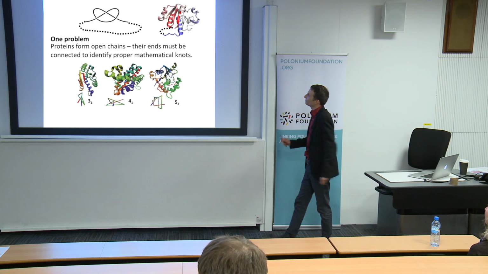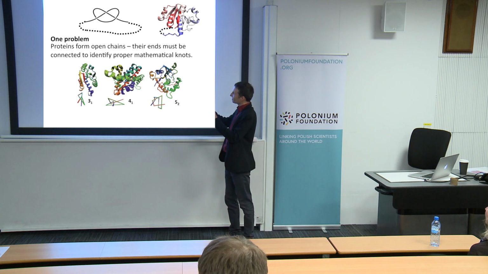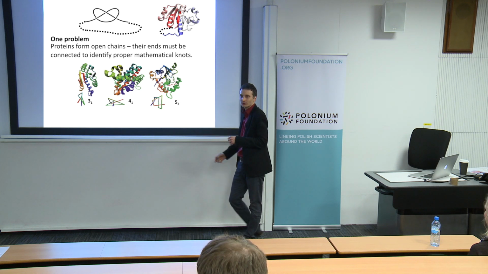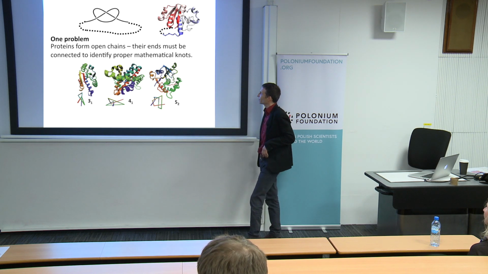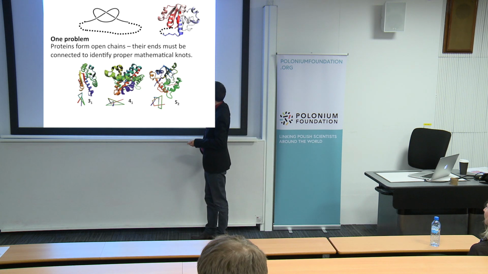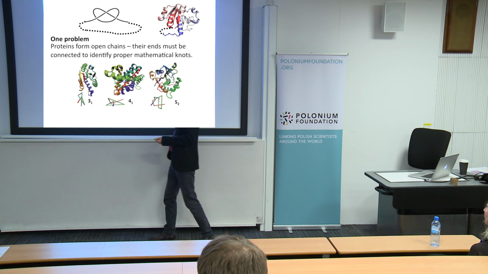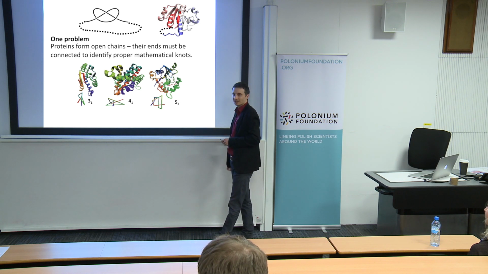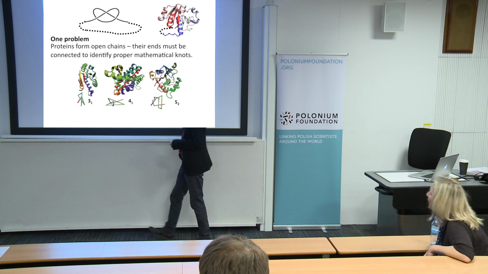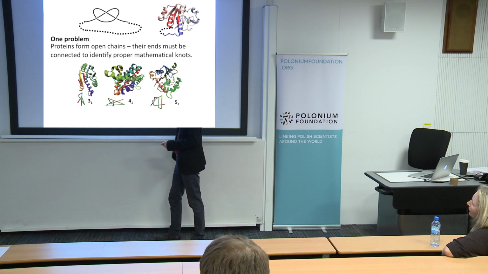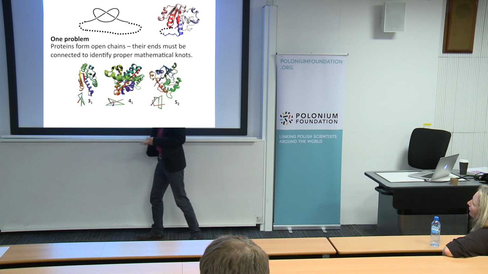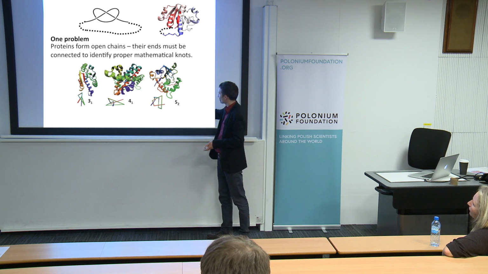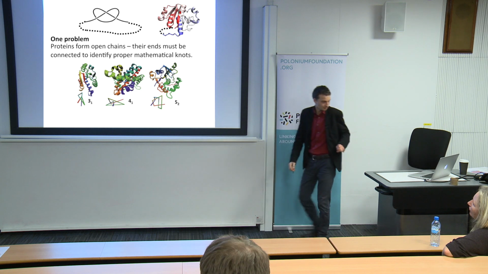There is just one subtlety: these proteins have open ends, so to define a knot you have to connect these ends in some way. There are several ways to do that, and quite often you can do it in some unique way. Here we have some examples. These are pictures of knots. They look complicated, but if you simplify these pictures to the simplest configuration, you can see that indeed topologically non-trivial structures arise. This is an example of a protein which forms a trefoil knot. This one forms a figure 8 knot, and this forms one of those knots with 5 crossings.